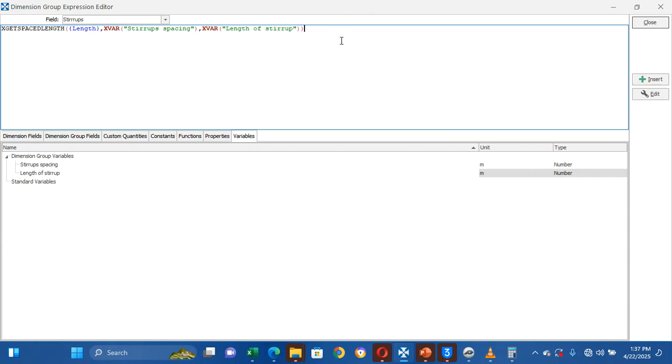So this multiply by, shift multiply by this, multiply by, let's create another variable,